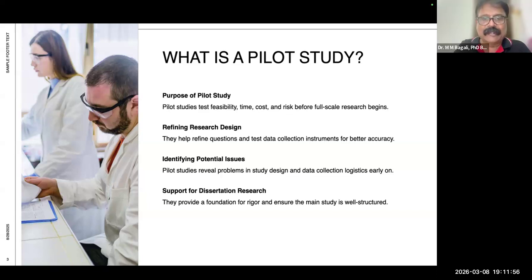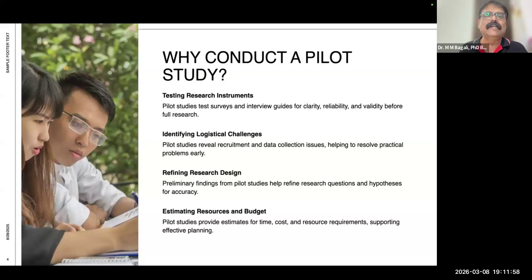So let me go to the next slide. Why we conduct a pilot study, and obviously we were just discussing about it. Like testing your research instrument. Again, in case of Philip, who was saying that he has a questionnaire. He wanted to try to test it, but the pilot study helped him.